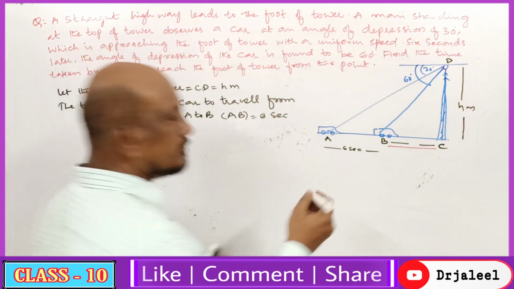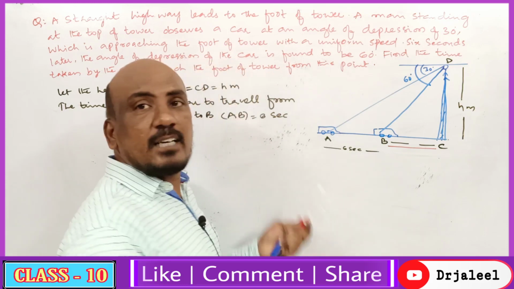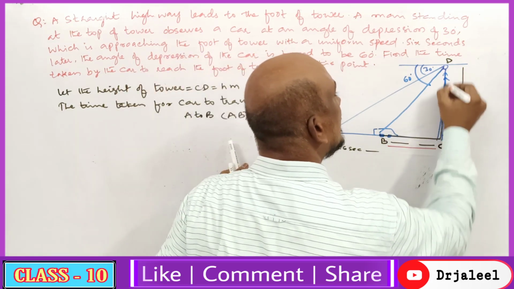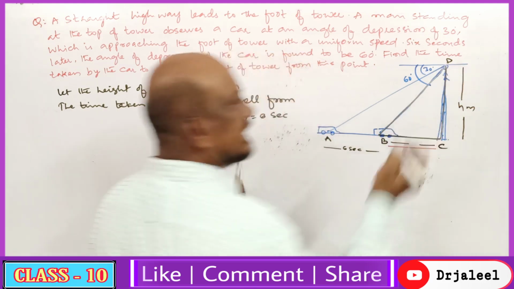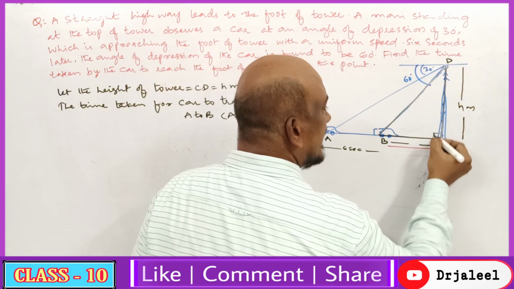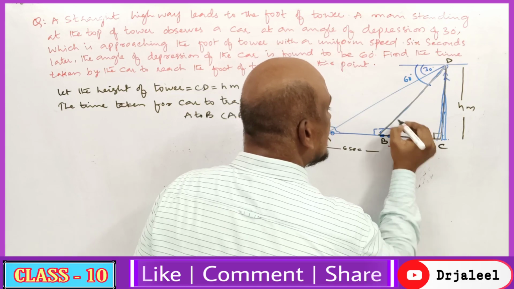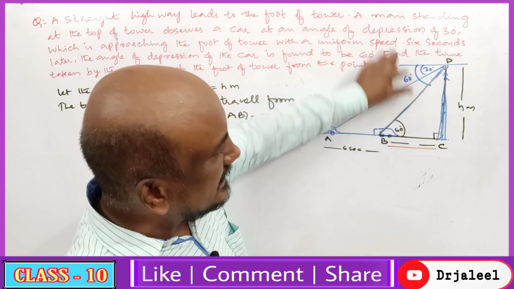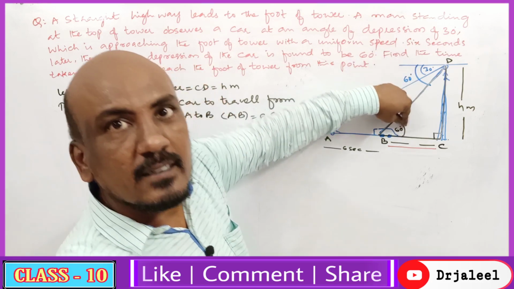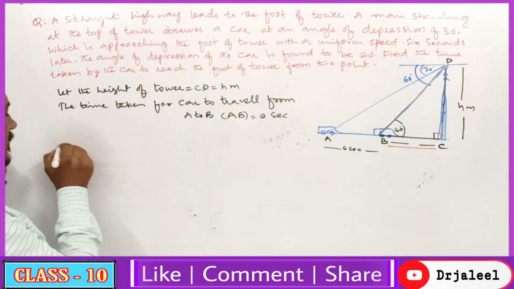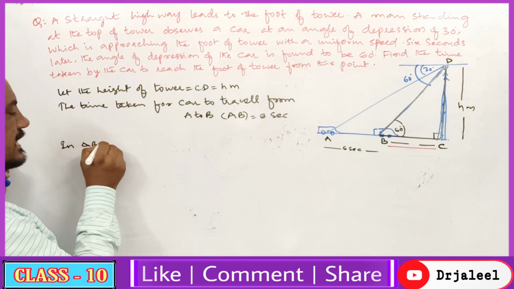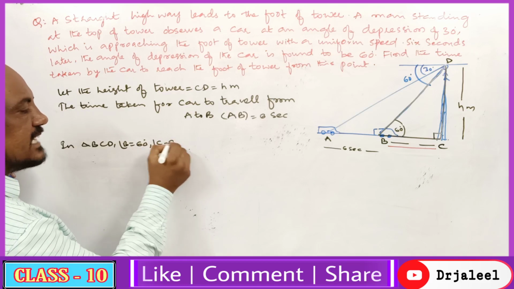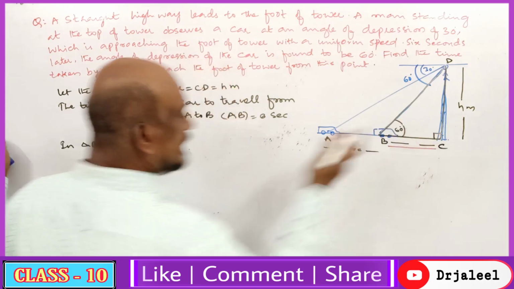So first, which right angle triangle shall we take? Same way, two right angle triangles. I will take this BCD. Let us take this right angle triangle. This C is 90 and this is how much going to be? 60 degrees. Why is it 60 degrees? Because these two are alternate interior angles. When this is 60, this is also going to be 60. In BCD, angle B is 60 degrees and angle C is 90 degrees.